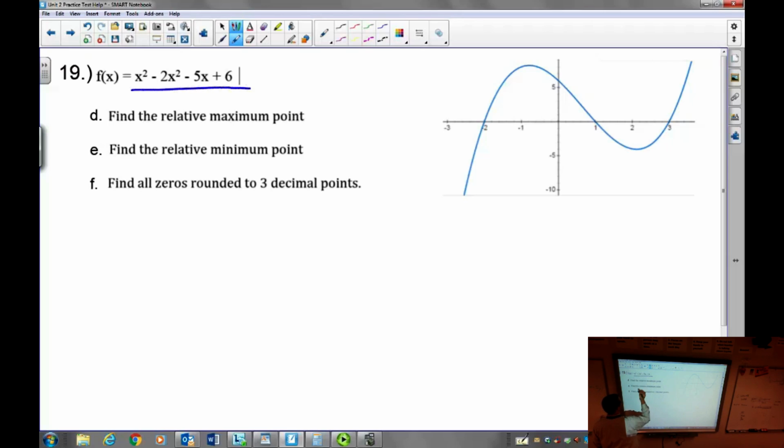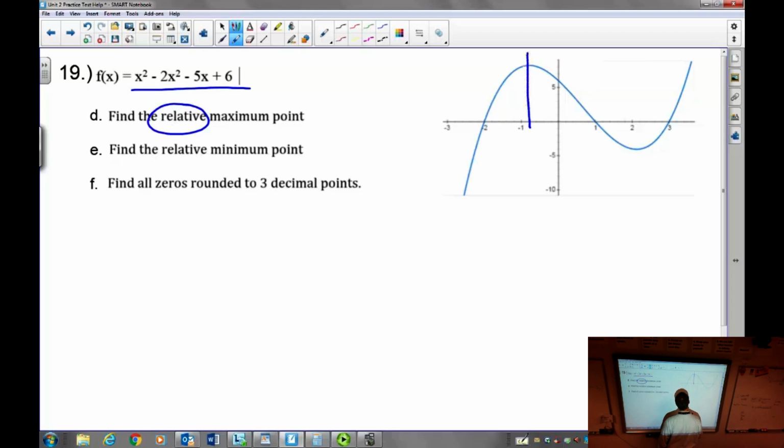Okay, so here's the equation. Find the relative maximum and minimum. So the maximum is the hill. I know you're saying +infinity or -infinity is the maximum, but we're talking about the relative, right? Relatively close to the graph. So it's just like a smaller maximum and a smaller minimum is what we're looking for, where the graph changes. I'm looking here, it's hard to guesstimate. Looks like at -5, but it could be